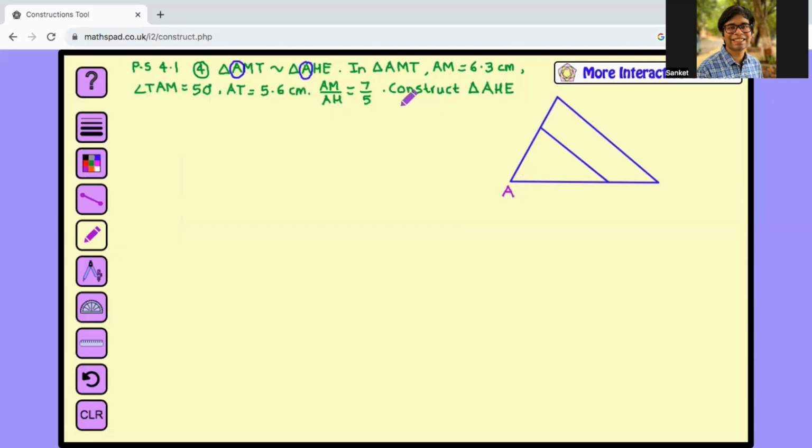Now I'm going to figure out which triangle is smaller and which is bigger. And I always figure that out looking at this ratio. So AM upon AH is equal to 7 upon 5. 7 is the bigger number, 5 is the smaller number. That means triangle AMT is the bigger triangle and AHE is the smaller triangle. So let's label the bigger triangle AMT,